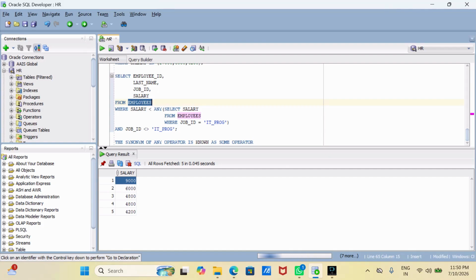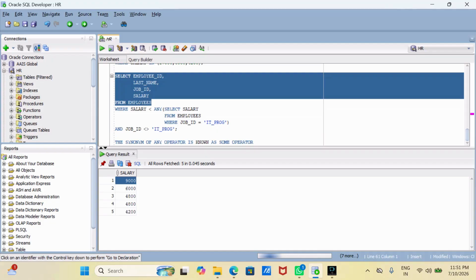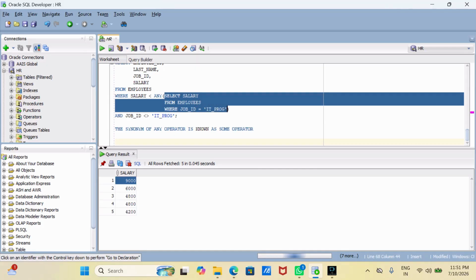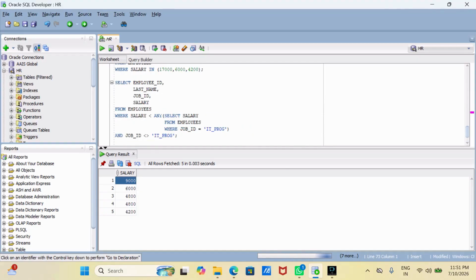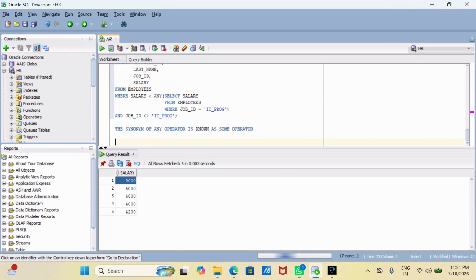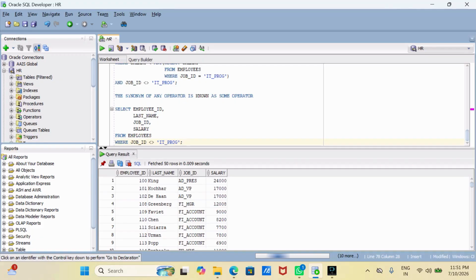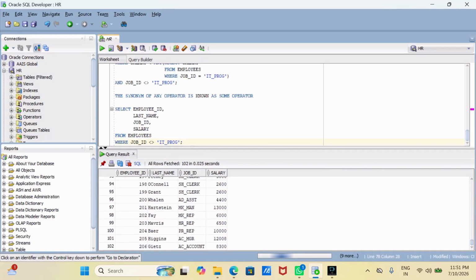Correct? So now I will break it up so that it will be more understandable to you. Suppose this query executes like this. First of all, the inner query executes, right? After execution of the inner query, it takes the 9,000 value. Suppose, okay? Now what does the outer query do? It first does this one: from employees, then it takes this condition. It executes this query, okay, and the output of the query is right in front of you, a total of